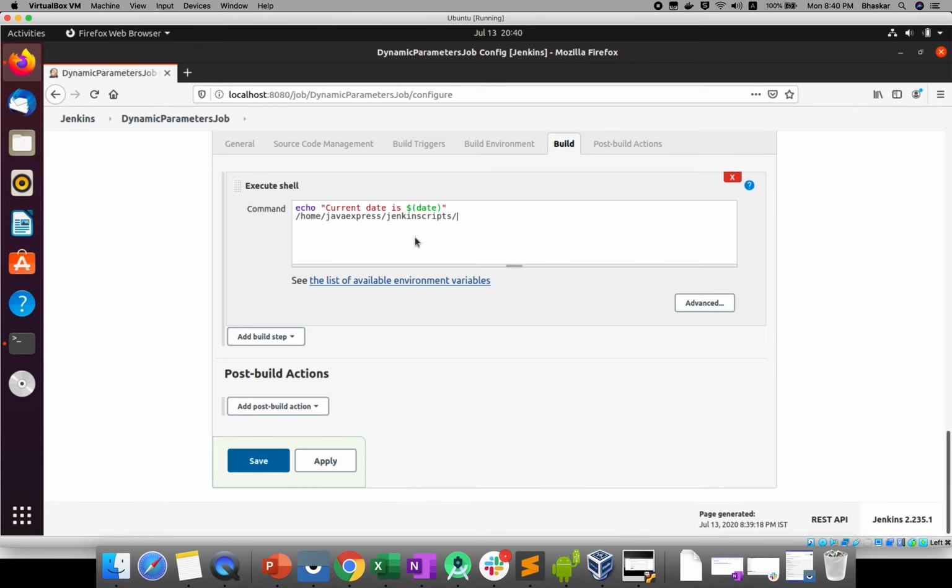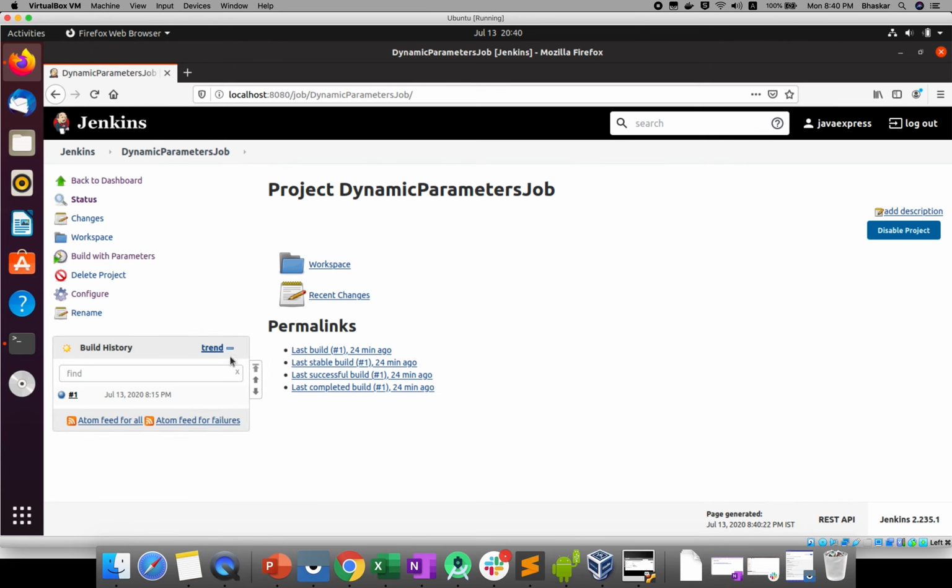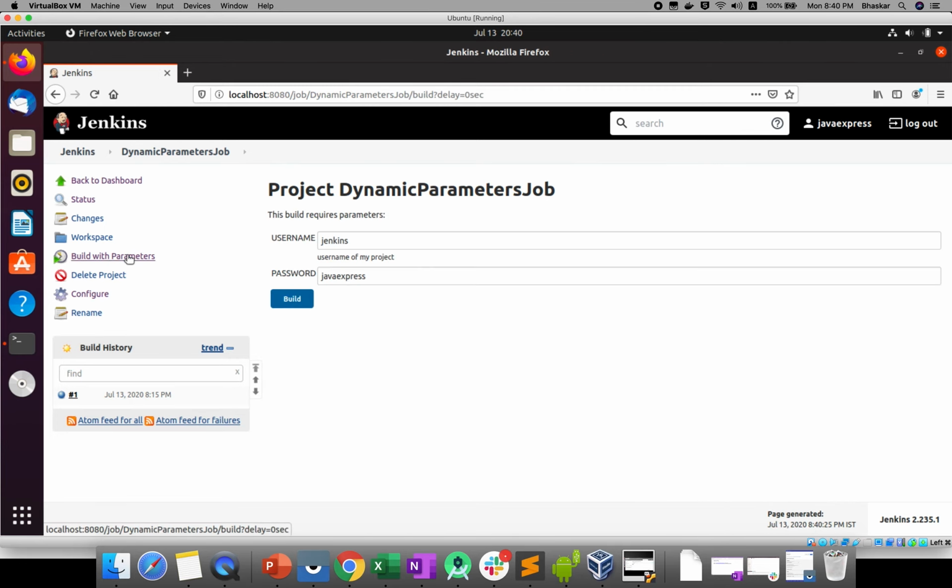Then slash login.sh. Your argument will be a dollar, I gave it in capital letters, right? USERNAME, and I'm passing one more argument, $PASSWORD. That's it. Save, and now you see Build with Parameters.